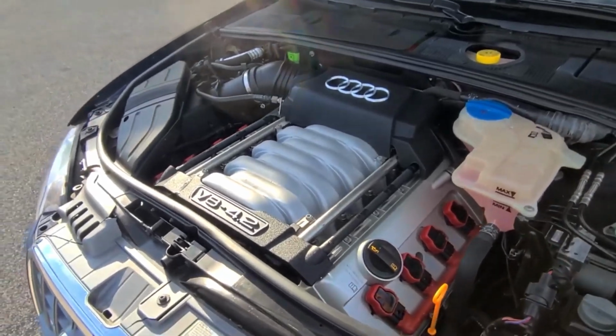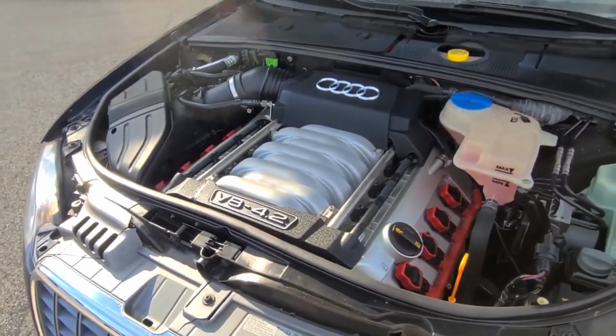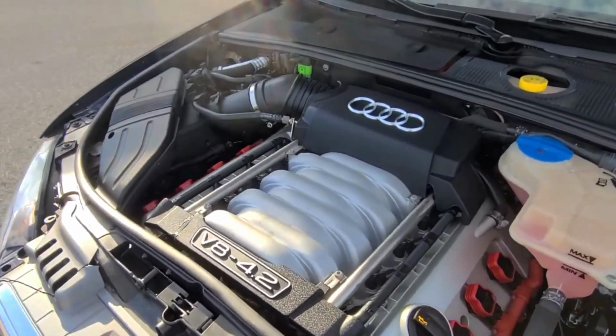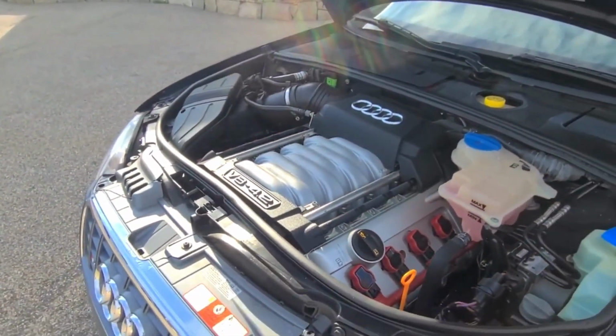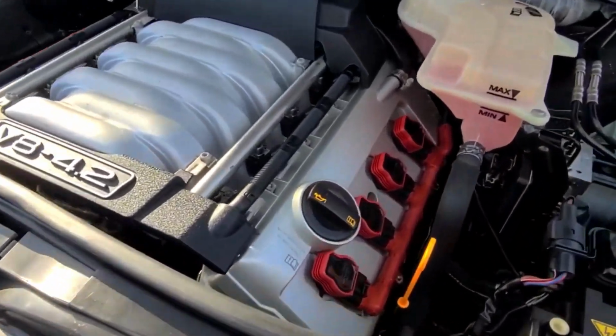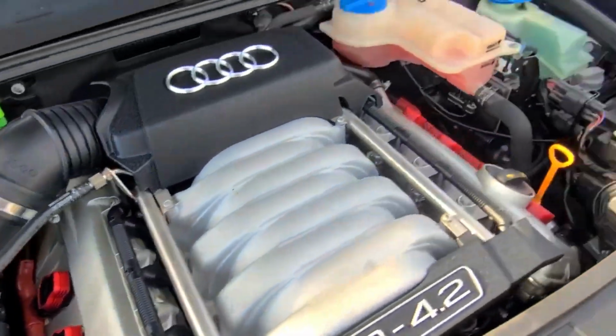This engine, not only does it sound amazing, but it really reminds me of a German muscle car in a sense. It's really a raw power where a lot of that torque comes in low, and it really sings up high like a European V8. It's just that right mix of raw power and refinement that you would expect from a German manufacturer such as Audi. See, I love the way they have those ignition coils stretched across the valve covers, right in plain view,